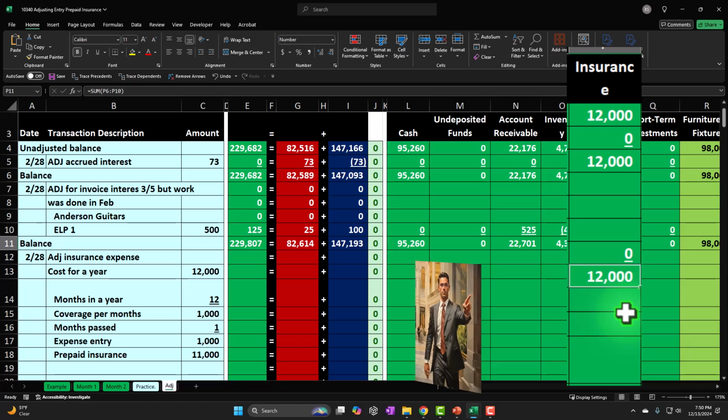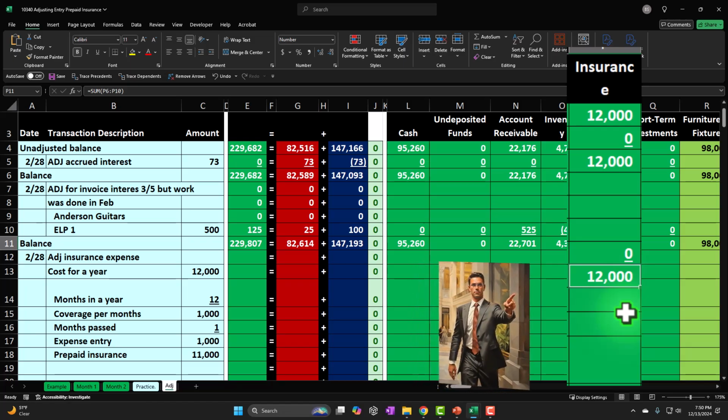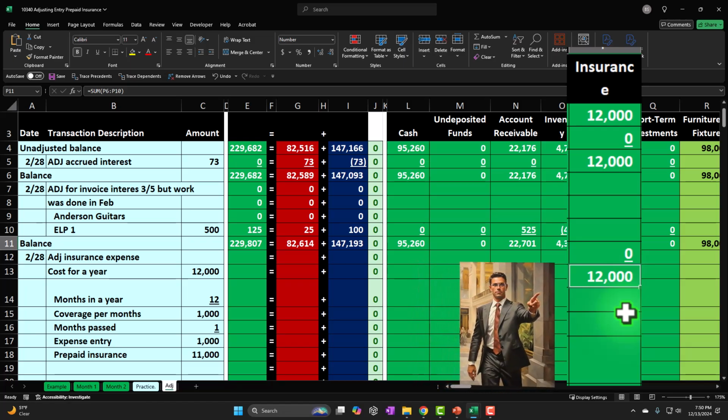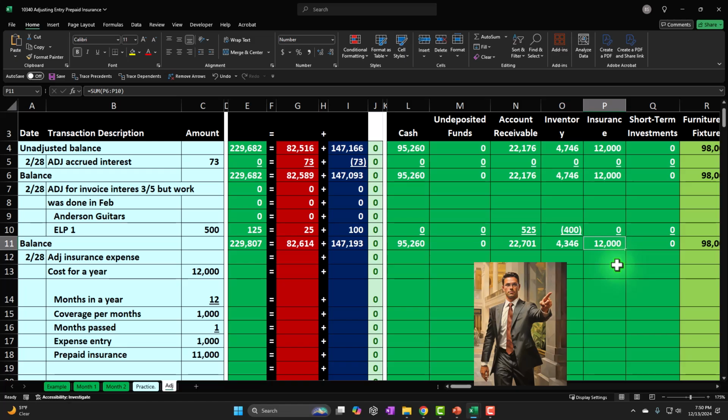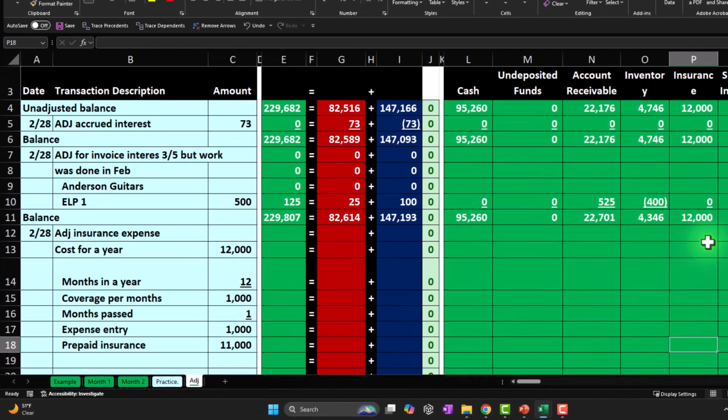You still have to be given the use of the property. If you didn't get the use of the rental property, then maybe the contract would be broken and maybe you can adjust the contract. So sometimes that's a little bit wonky or difficult to understand. And sometimes if you're in public accounting,